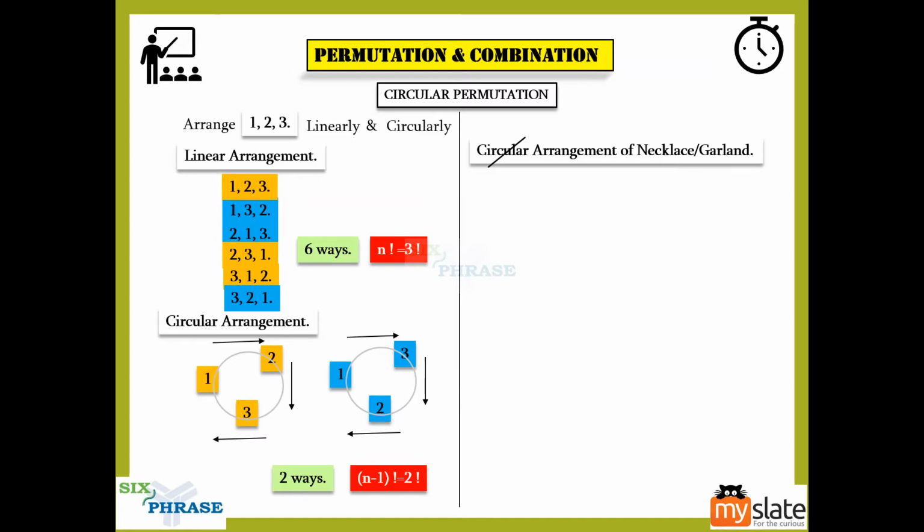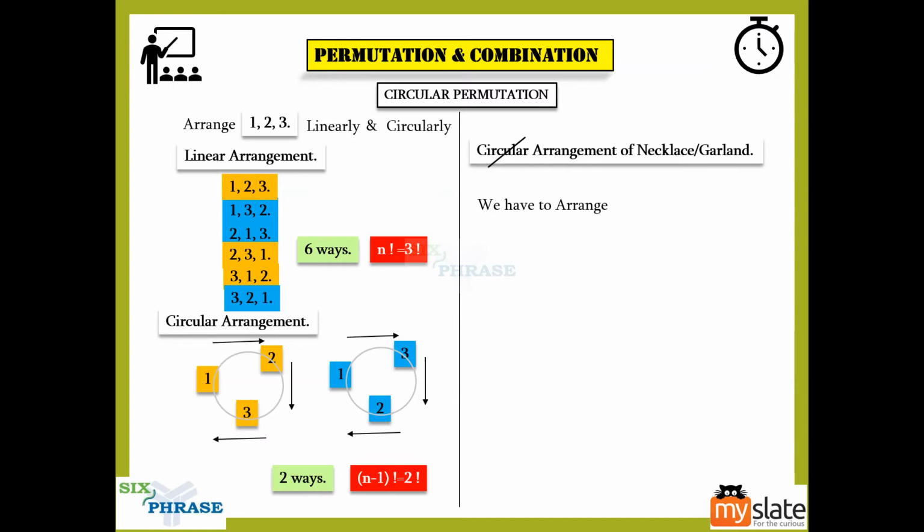Okay, here if you had a look, clockwise and anti-clockwise was not the same thing, right? Clockwise 1 2 3, anti-clockwise 1 3 2. Is it the same thing? 1 2 3, 1 3 2, is it the same thing? No, right? But here it will be the same thing, because have you seen necklaces? They are all identical. The things in necklaces are identical. Because they are identical, they will be the same.